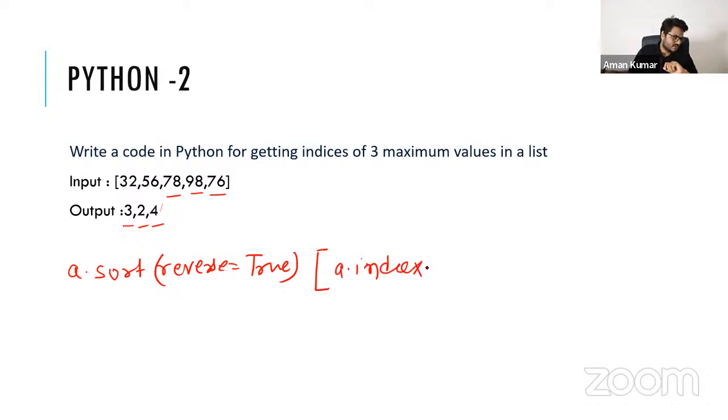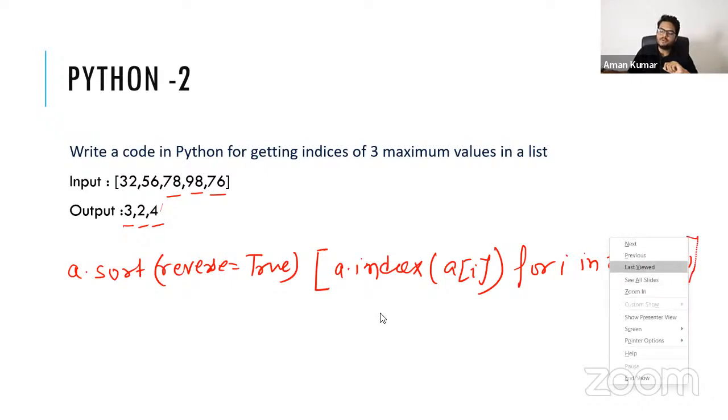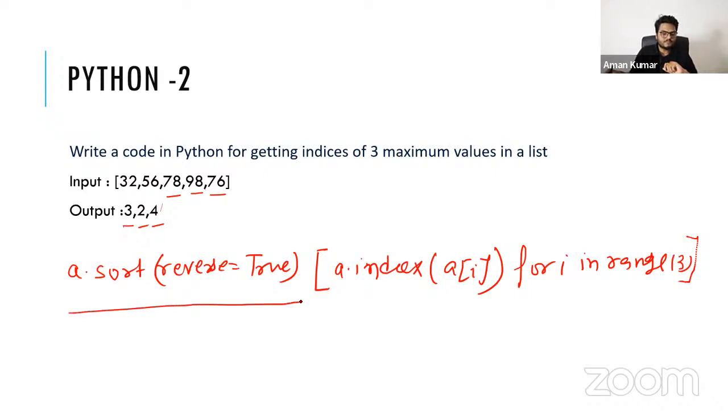A.index(a[i]) for i in range(3), pardon me for any spelling mistakes, because I want three numbers here. If I want more numbers, I will change that 3. So this will do your reversal, and then this will give you the indices of your first 3 things.